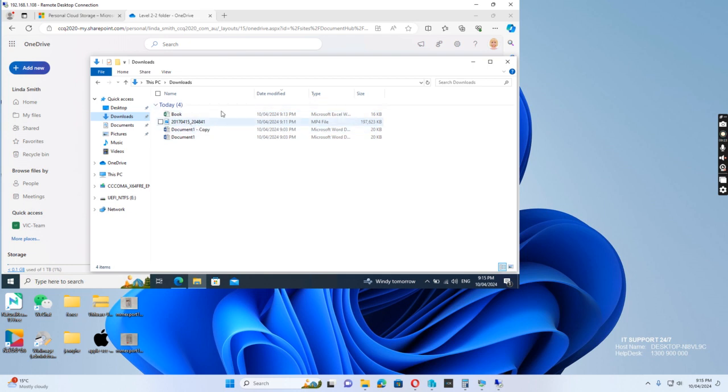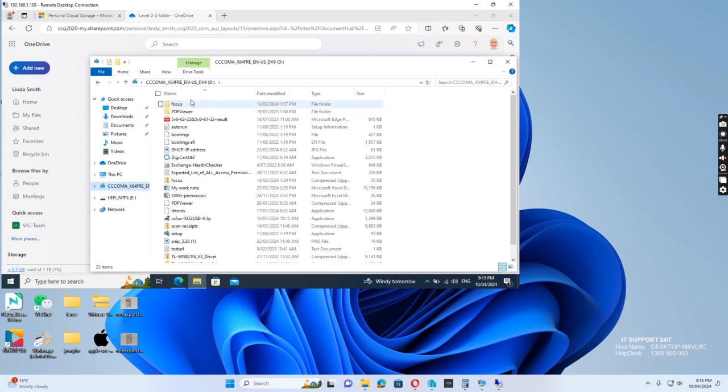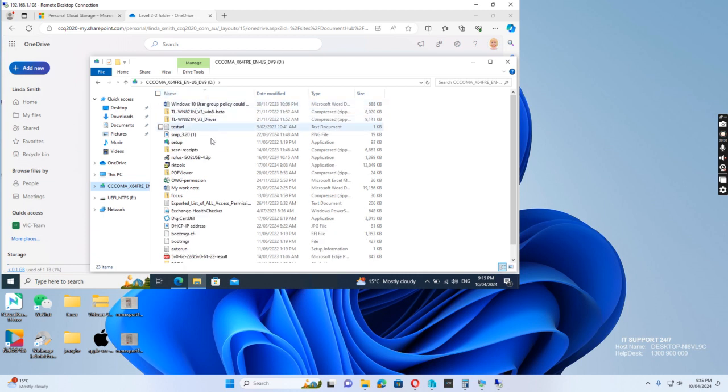Because the file size is too big, when we change to the default location, we need to move the files out from this remote disk to another folder. Then we can just copy the files